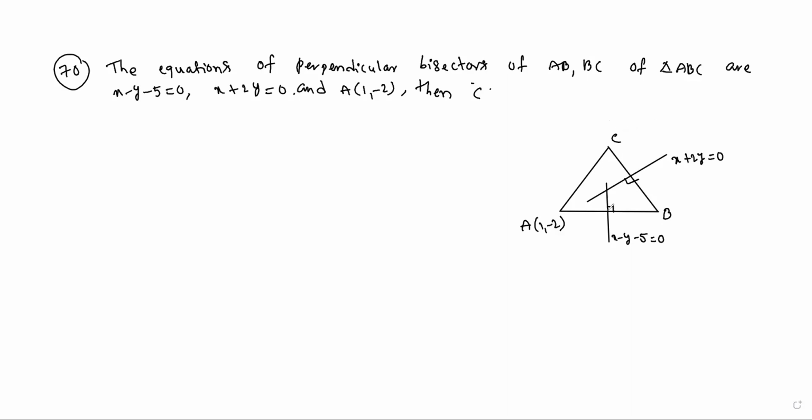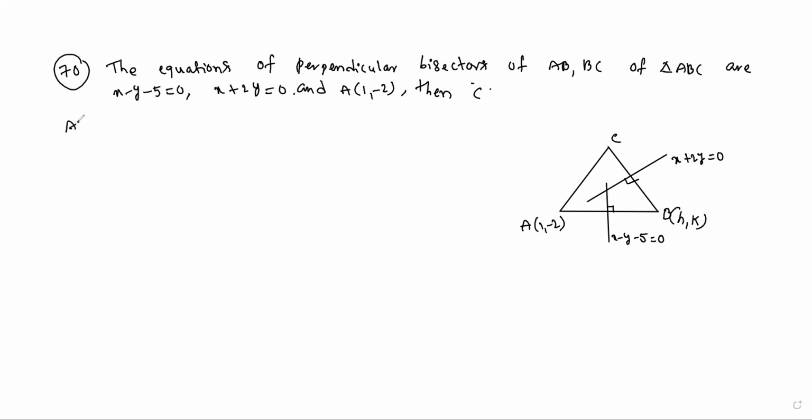Here, as per this concept, for A, B is the image, okay? And for B, the image is C with respect to this line. Okay, now using the same concept, first finding the image B of point A with respect to the first bisector. B we don't know, so we will take it, for example, as h comma k. Same concept we are applying here.